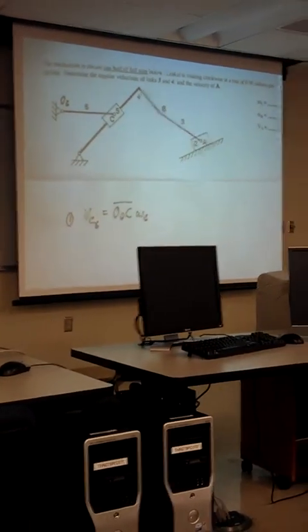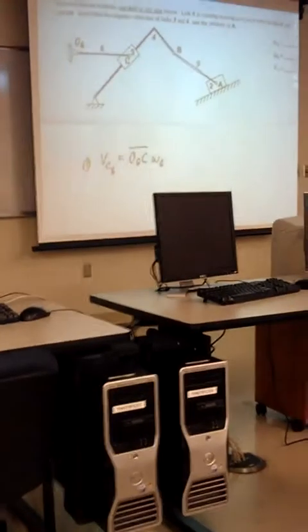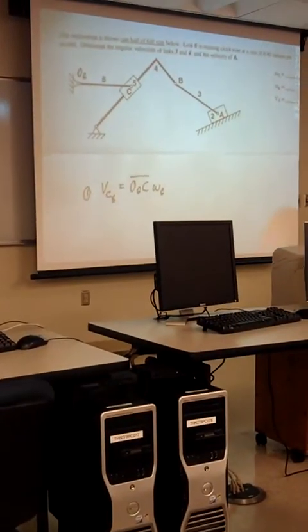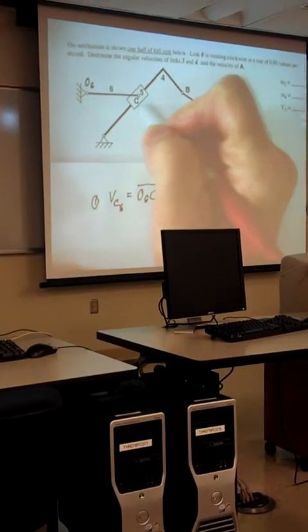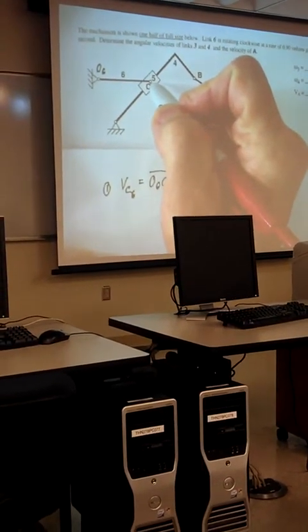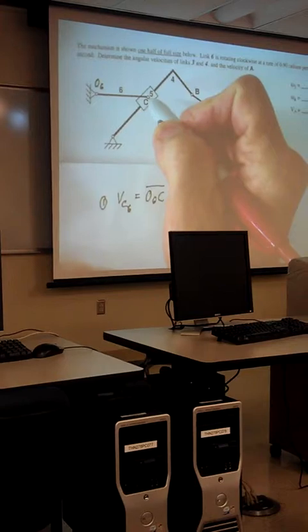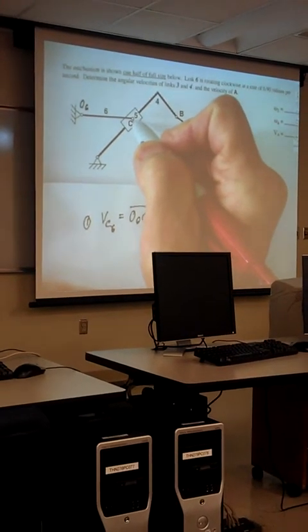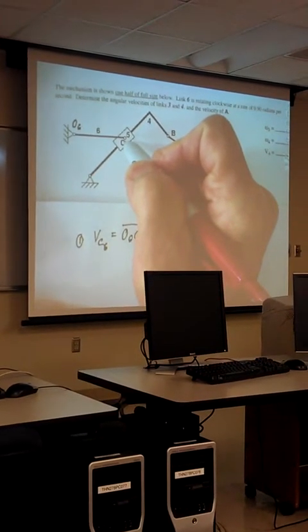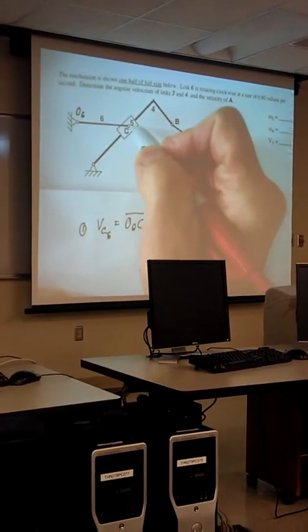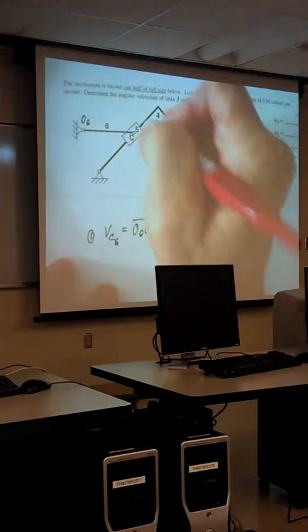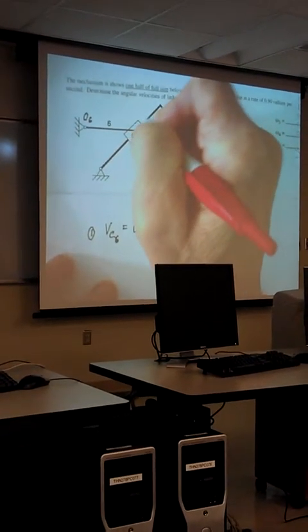Because there's a prismatic joint there, I notice that the prismatic joint is between bodies 4 and 5. And between 5 and 6 is a revolute joint. So I want the path of that revolute joint on length 4. I'm trying to kind of skip over 5. So the path,